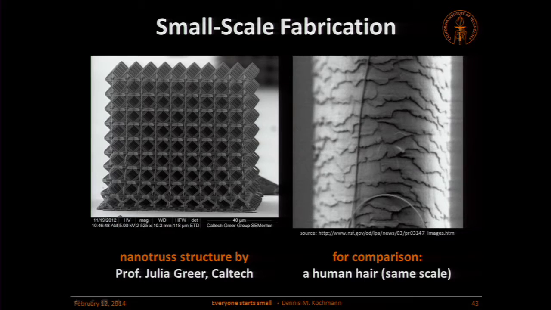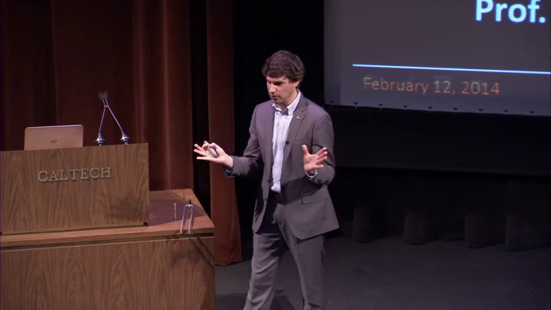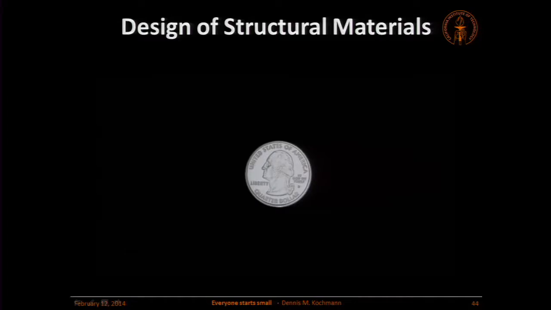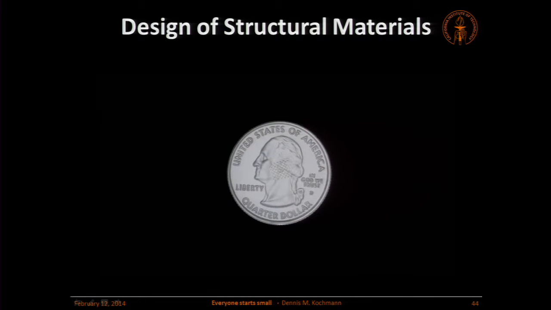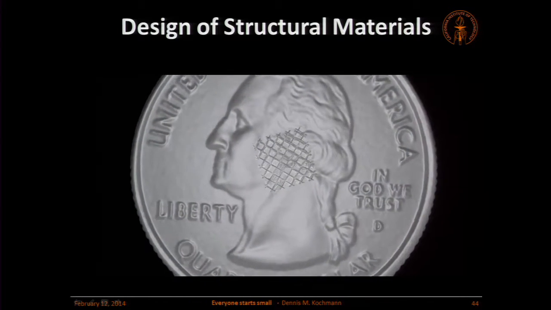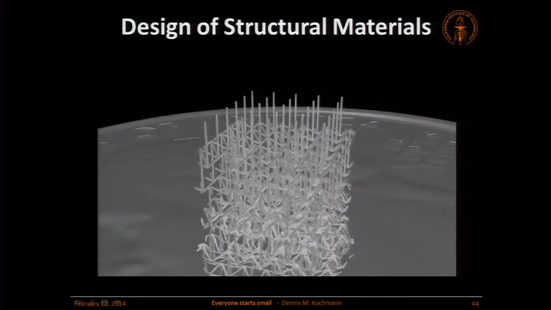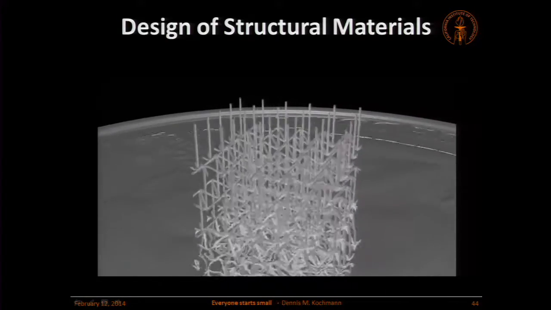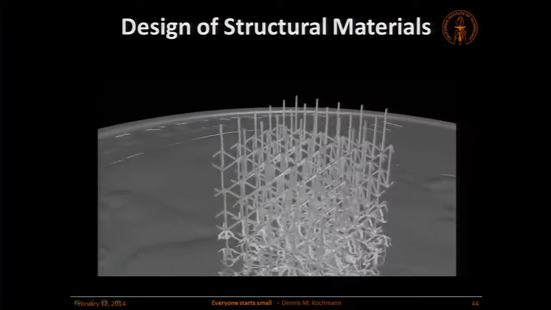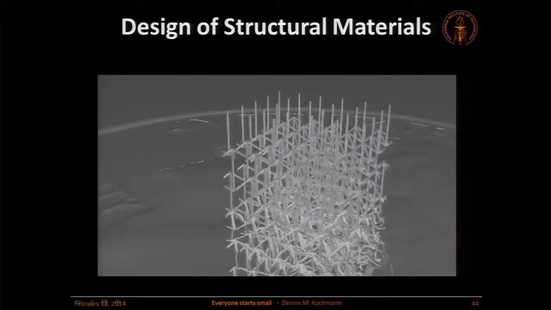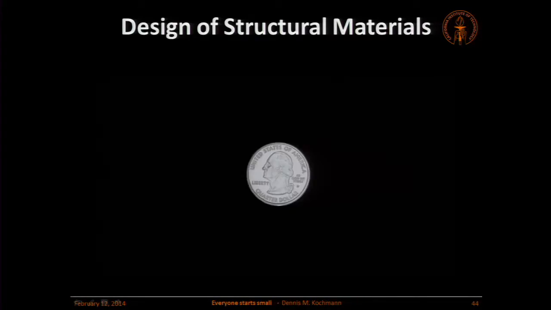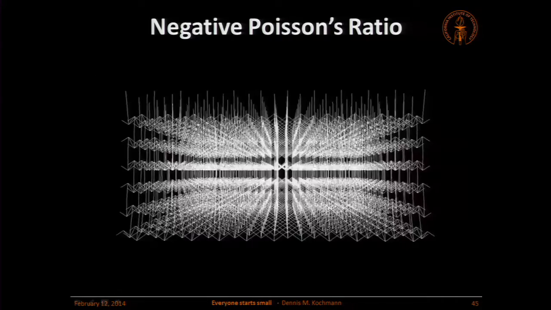The great thing about these structures is you can design them however you want. This is not atoms. These are trusses. So you can arrange them in whatever way you want in order to get certain behavior. And one of the truss structures that we've been looking at, for example, is the one that you will see here. And just to give you an idea of how small it is, we put it on a quarter, just for show. What you see here is a truss structure that we design on a computer. And what you can do, for example, is you can compress it, and you can see what happens. How does it behave? And you see interesting things.